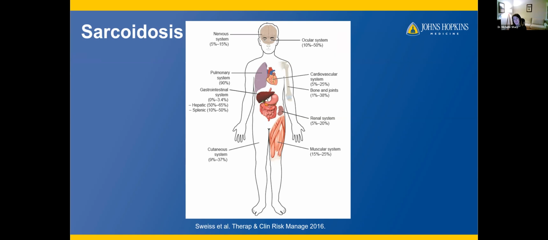And then next is kidneys. The kidneys are less frequently involved in sarcoidosis, but can have inflammation. The muscles themselves can have inflammation, and I have several patients who can tell me when their inflammation is acting up because they feel it in their muscles, particularly in their legs, but it can affect pretty much any muscle system. And then the skin.